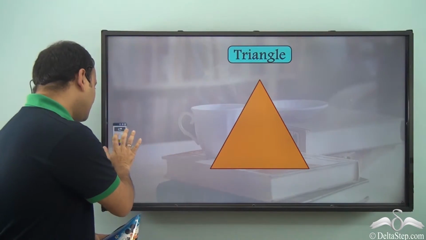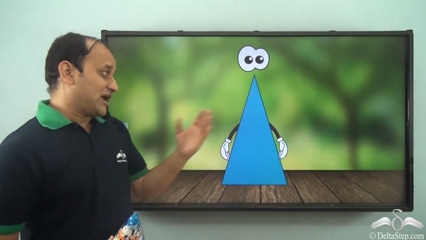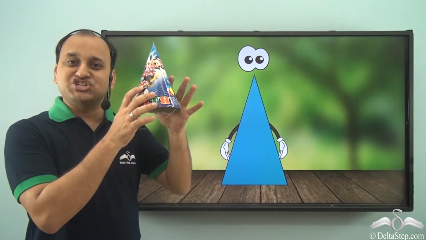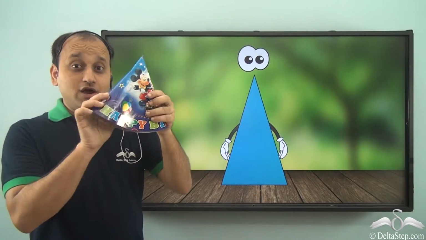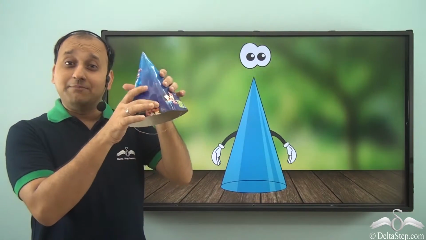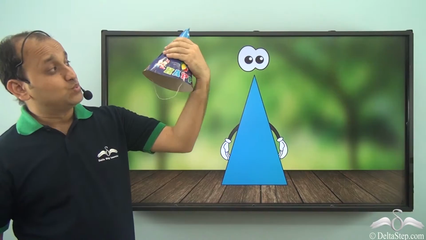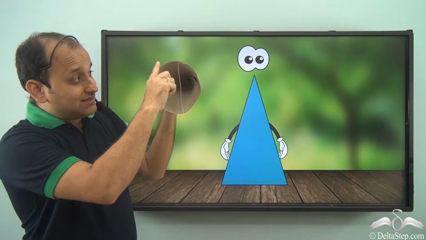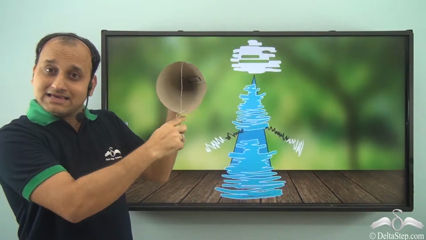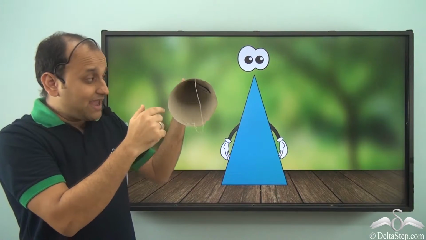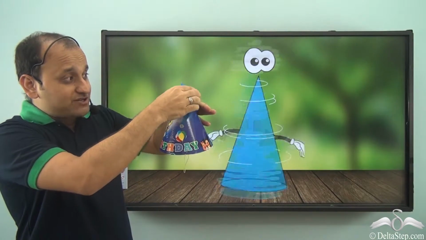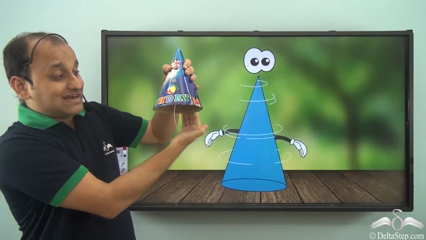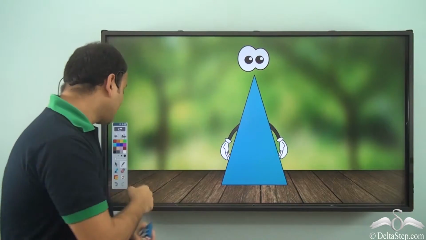Well, the triangle took a magical turn and it became this shape. So, triangle rotated and it became this shape, which is curved from all angles. So, this side here is a circle or circular, and then it tapers off, becomes very narrow and pointed here, and this is a new shape.